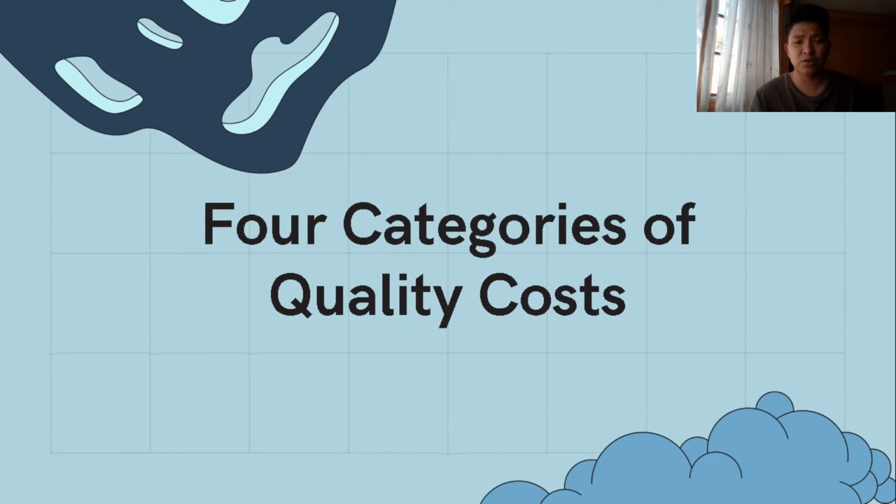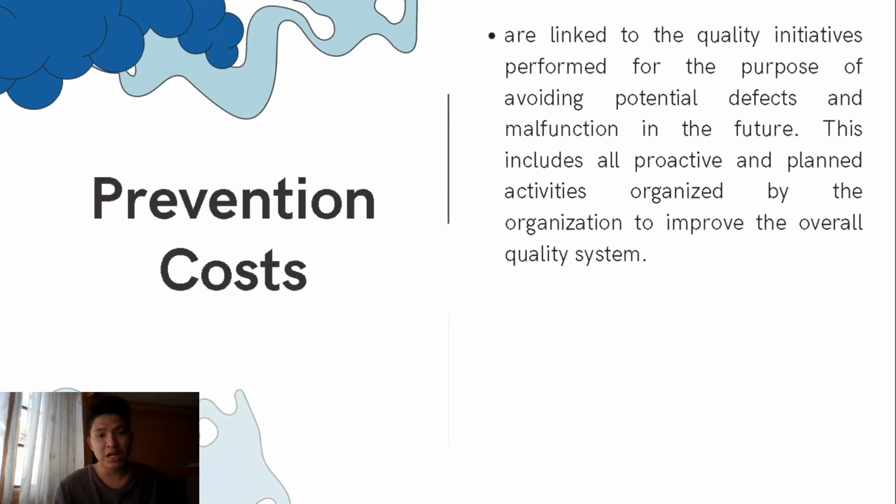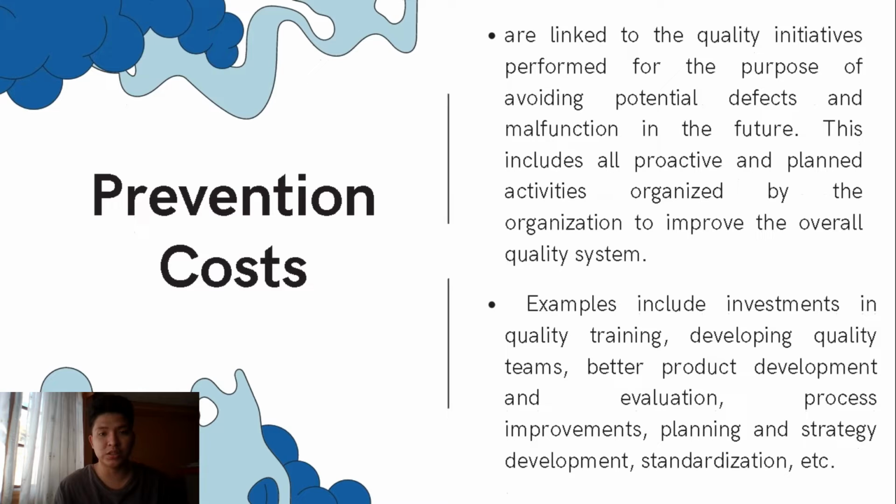So what are the four categories of quality cost? First, the prevention cost. These are linked to the quality initiatives performed for the purpose of preventing potential defects and malfunctions in the future. This includes all proactive and planned activities organized by the organization to improve the overall quality system. So